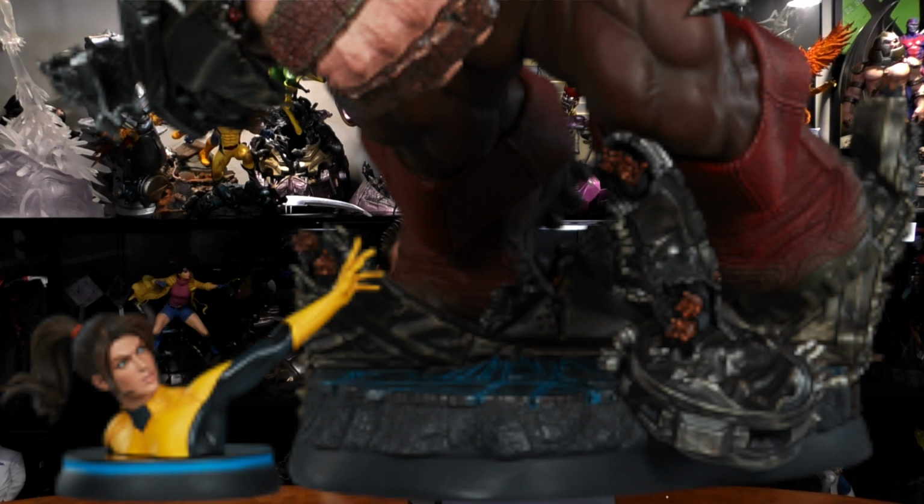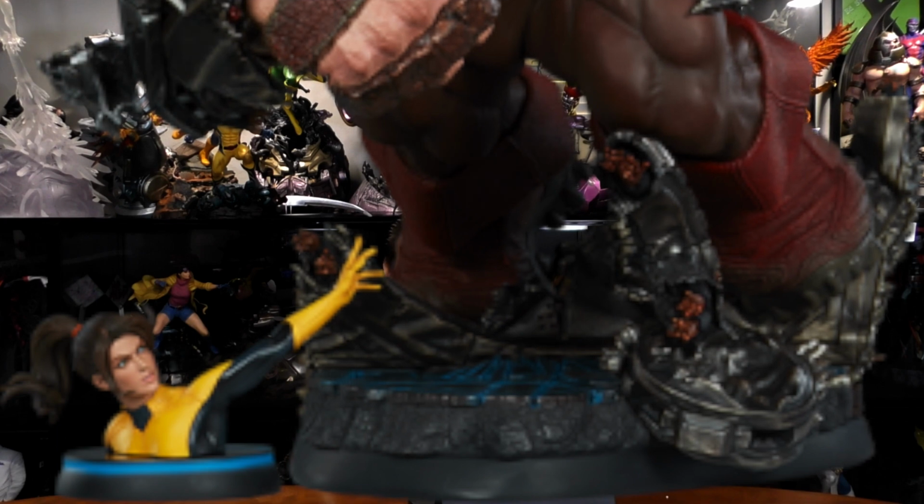Now with that, I don't think she's the best Kitty Pryde. There's about 2 or 3 custom options, but I think Sideshow made the best Kitty Pryde, and if you're confused, Sideshow never made a Kitty Pryde. Yes, they did with their Juggernaut statue. I thought this was amazing. It was only half a body, but it showcased her power, and I really liked this. Too bad they didn't sell it alone, because I would have kept it, because I did end up buying that